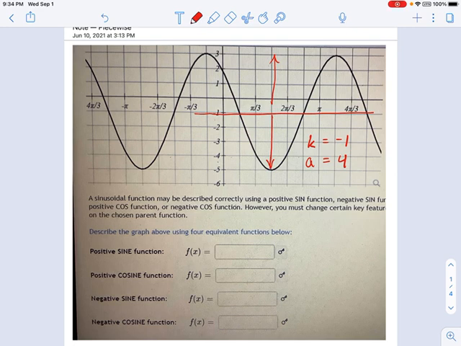The period is another thing that doesn't care about the phase shift. What is the period of this graph? Well, there's a couple ways you can figure it out, and they all have the same idea. We're going to look for where the function repeats itself. And you can either pick the top of the curve to another top of the curve and ask what's the distance between them. I like to go for easier calculations. I like to look at the y equals 0, or the x equals 0 point, the y-intercept, and say, where does it touch that point again? And in this case, I see that over here at pi. So I would say,